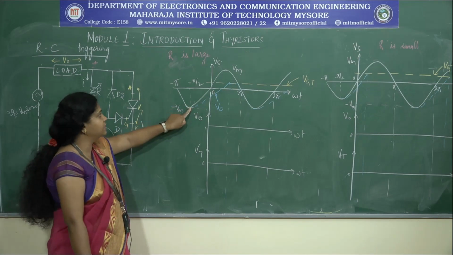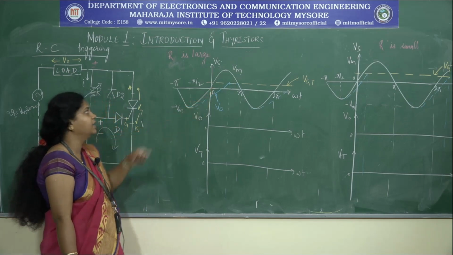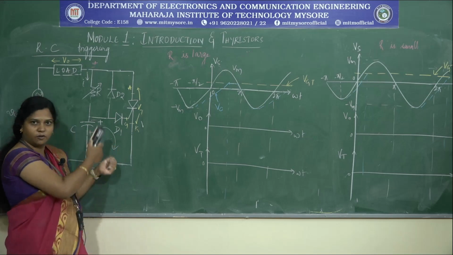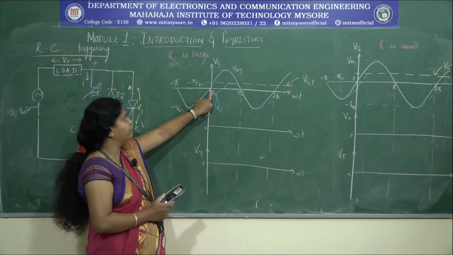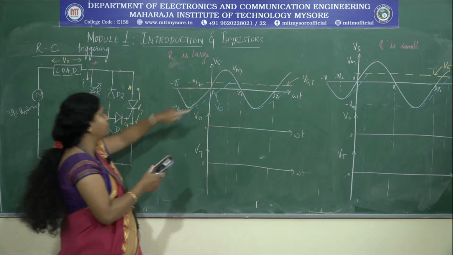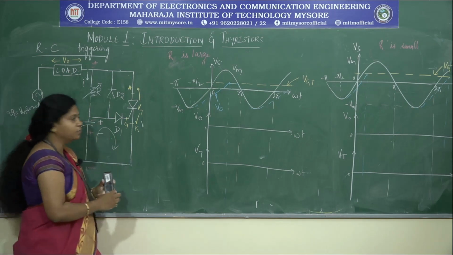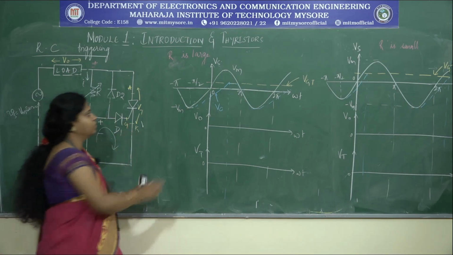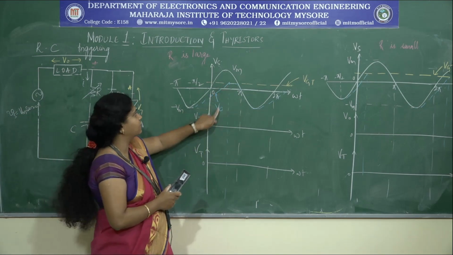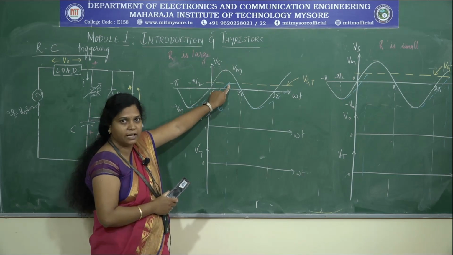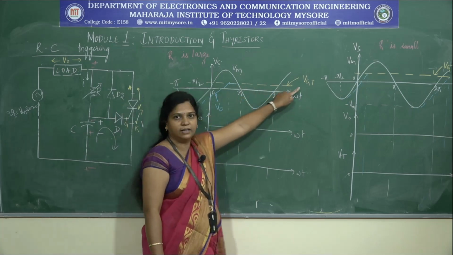Okay. Now what happens? After it goes back to the next cycle, a positive cycle has to start. So what happens when the reversal of polarity takes place, that is, minus to plus, and the waveform goes for a positive half cycle? The capacitor reverses its polarity and moves towards the positive value. From the negative capacitor voltage, the blue line indicates the capacitor voltage, it is moving towards the positive value. You have to check till the threshold value